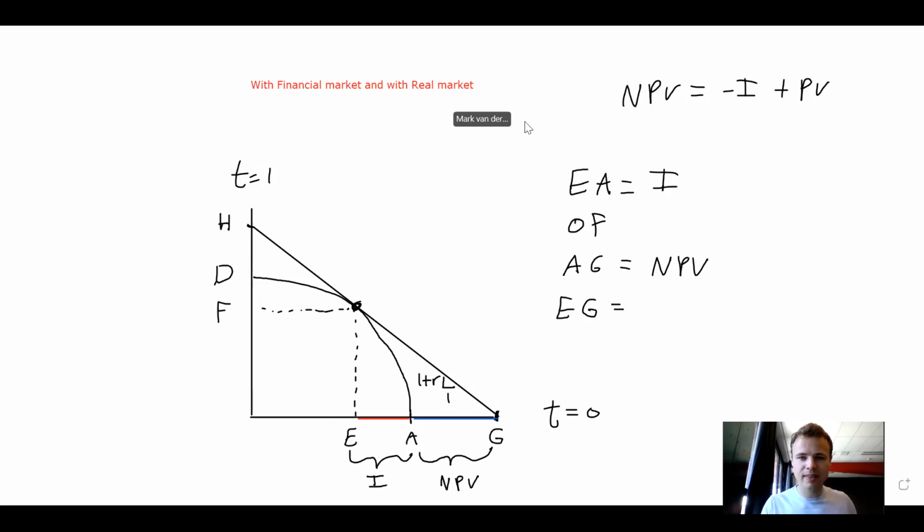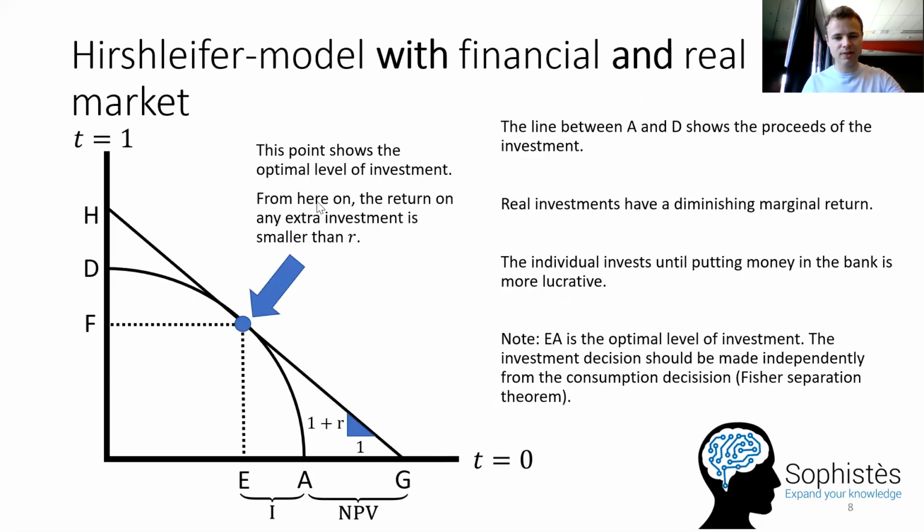I will tell it. It is the present value. So if you have EG, that area, that's the present value. And then if you subtract the red area, the investment, then you're left with the net present value. So this total area here, minus the red area, minus the investment, is the blue area, the net present value. So you can write down in your summary or in your notes, EG is the present value. Okay. Yes, very good. Okay. So to summarize,